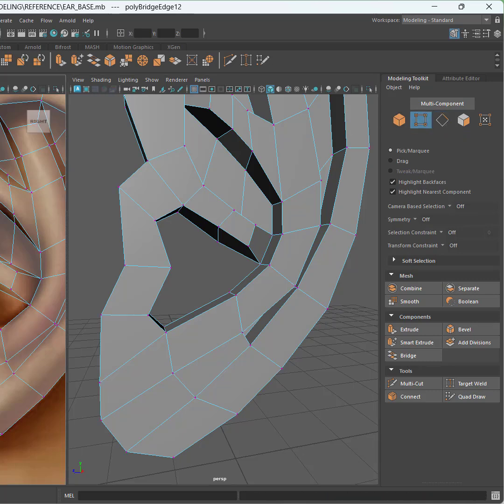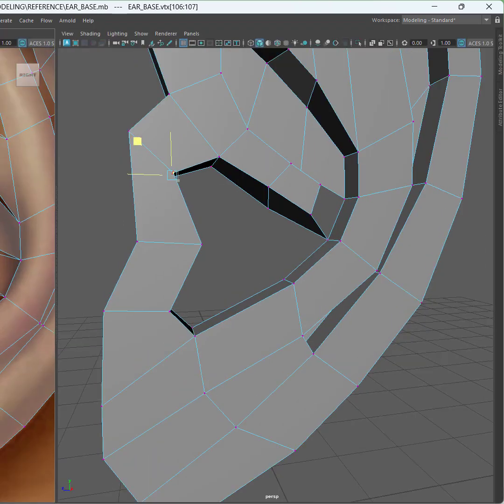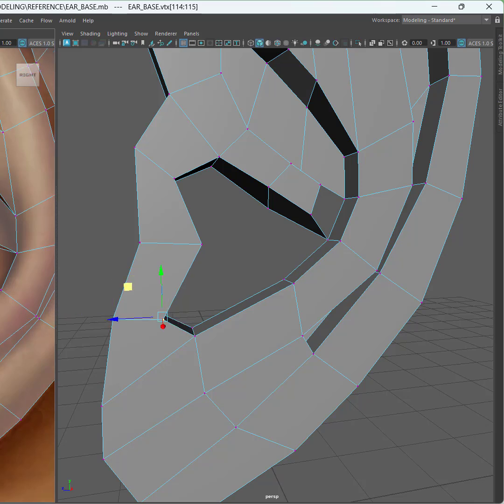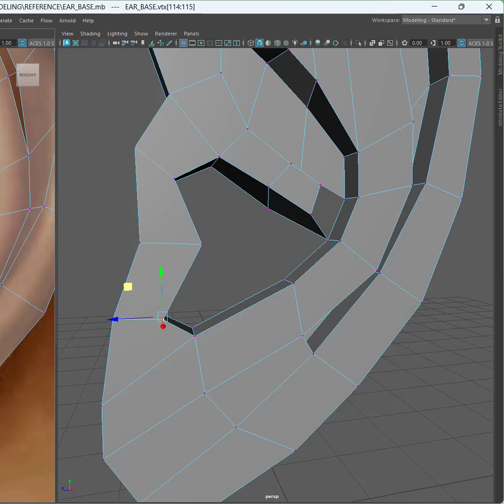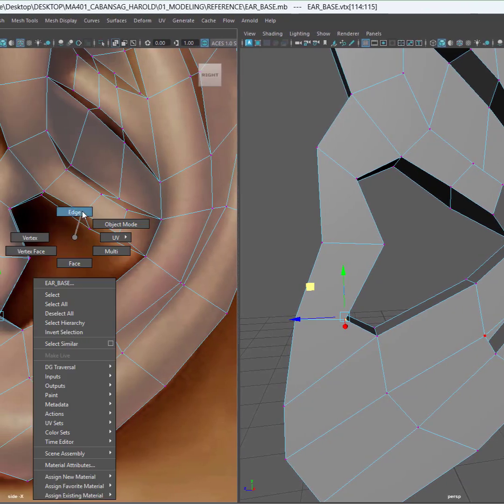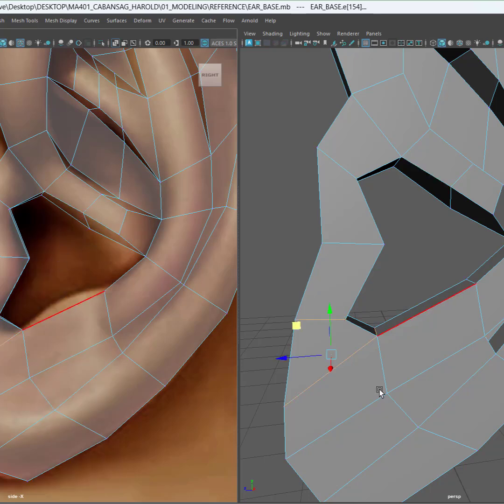Just using the vertex selection right now to tweak a little of the model so that when smoothening it appears fine. And then saving work, I'll switch once more, right click, switch to edge selection, select this, pressing Q,